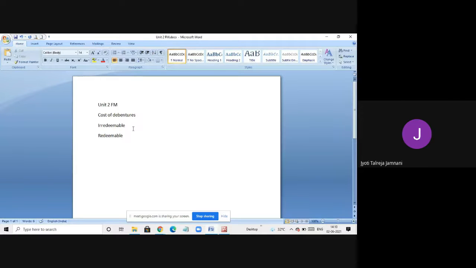So there is no repayment mentioned, because till the company exists the debentures will exist. Whereas in case of redeemable debentures, you will have timing given, which we call n. N is nothing but the number of years. So this will be given in case of redeemable debentures, where they will tell you when the debenture is going to expire, 5 years, 10 years, and then it is redeemed. That means the amount is repaid at the face value, or at a premium, a little more is repaid, or at a discount, a little less is repaid. All that will be mentioned.